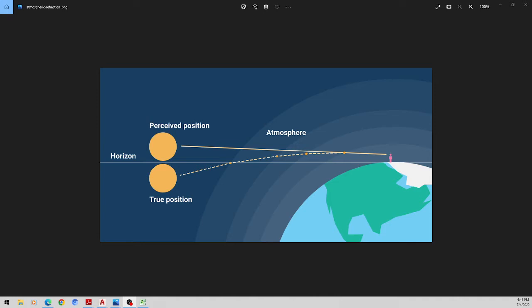Atmospheric refraction, as it is demonstrated here on this screen, would actually show a celestial and the light emanating from the celestial hitting different points in the atmosphere and refracting angularly. Now, refraction is angular. It's taught as being angular, it's calculated as being angular, and in no way, shape, or form do I believe it to be the